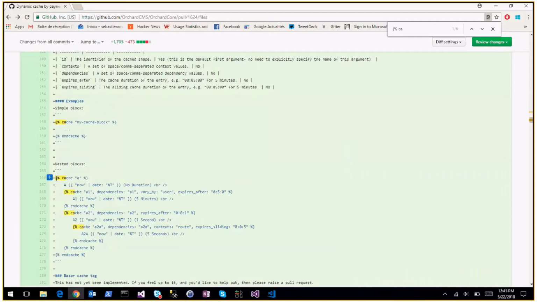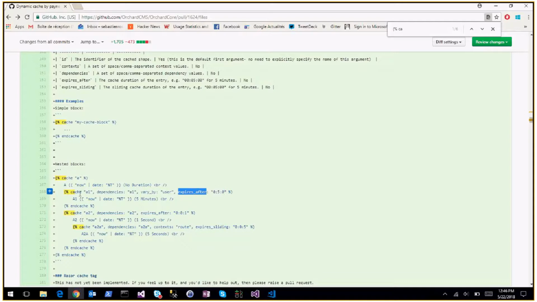Also, how is it invalidated? We don't really invalidate it. Each section has a unique ID based on the ID we define and all the dependencies and variations and everything. When we look for the value, we compute all the values from the dependencies and the variables, like the context and the variables, and then the ID. If the ID has changed, for instance, if the user is different, the ID will be different because the username is different. So there will be a new entry created. So you don't really remove the previous one. We just use the expiration to